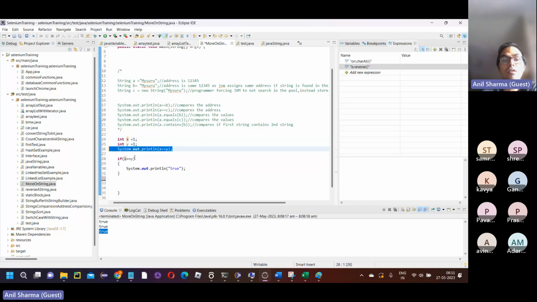And the other investigation is: is there any other option in Java to compare integers apart from double equal to? Those two things you guys have to see and tell me. At least a few of us can investigate, right? Those who have already completed your basic programs, go and investigate comparing integers with equal to and any other option. And the remaining ones who have not finished the basic programs, please practice the basic programs of array